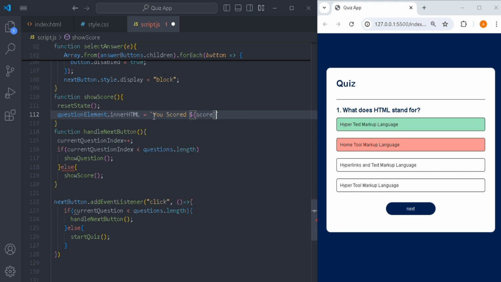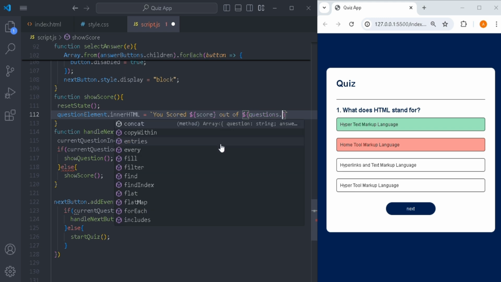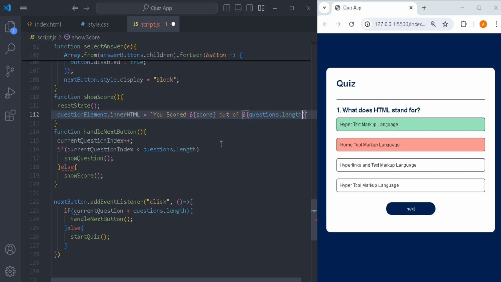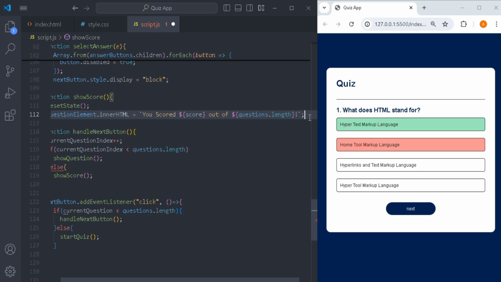It will show you scored, for example 2 out of, here we want to show the total number of questions. So here we will add dollar sign, and pass the variable which is storing our questions length. So we will write questions dot length, and here we will use an exclamation mark after this. So here is our statement terminator,